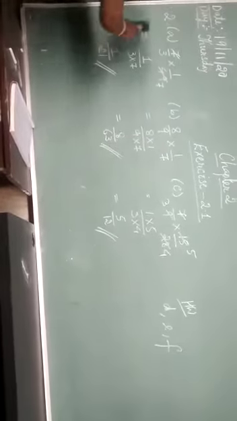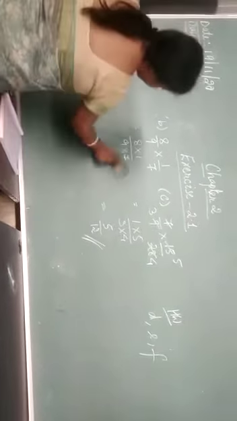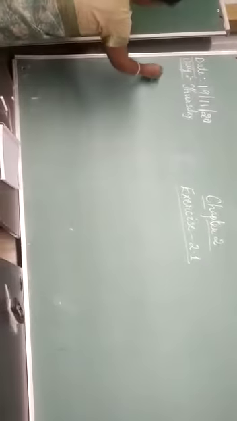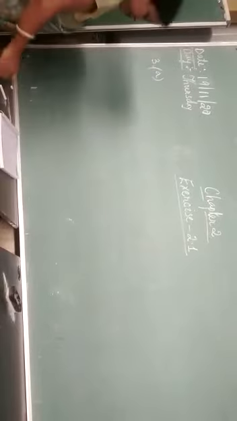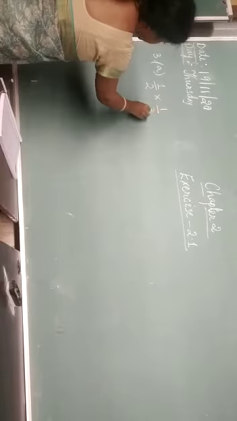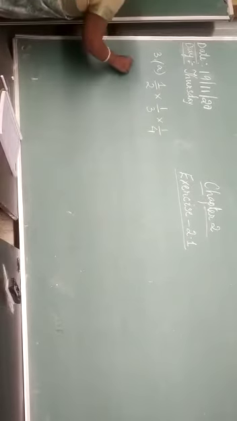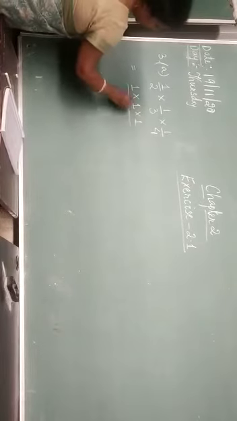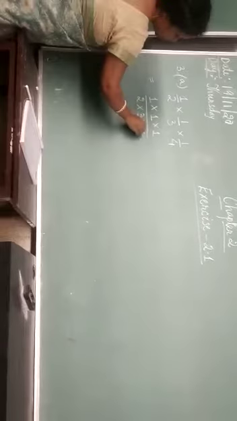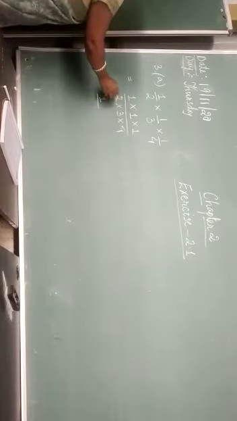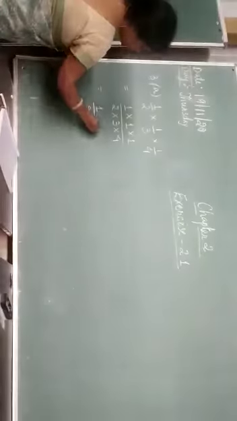Next we come to question number 3. Question number 3 is also the same. Find the product. Whichever I am giving for homework, you have to do the homework and send it across to me for correction. Find the product. 1 by 2 into 1 by 3 into 1 by 4. Can we simplify it? No, we cannot simplify, so we have to multiply. So 1 into 1 into 1 and 2 into 3 into 4. So 1 into 1 into 1 is 1 and 3 2s are 6, 6 4s are 24.